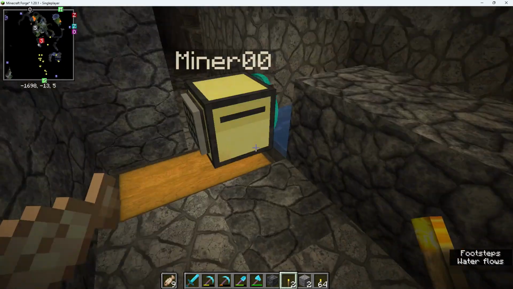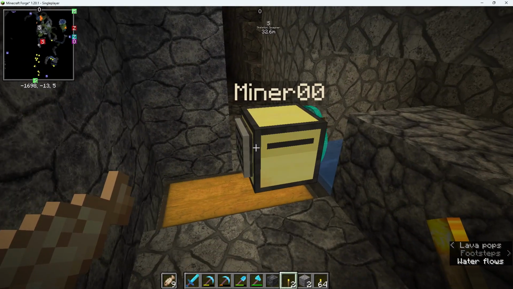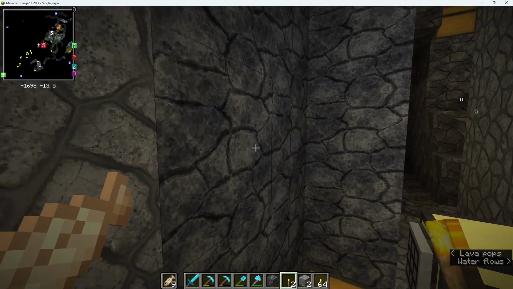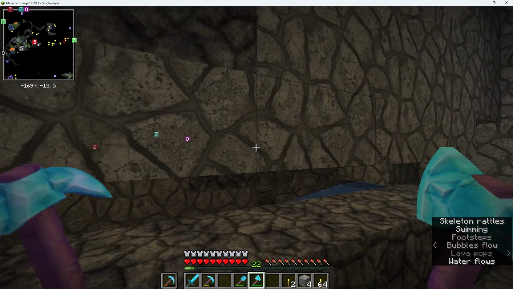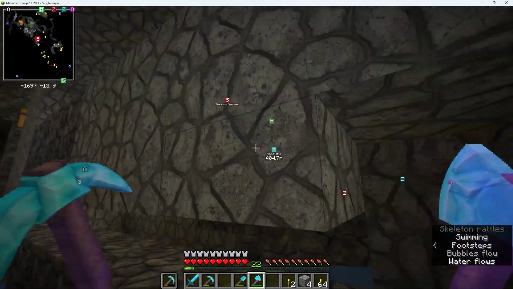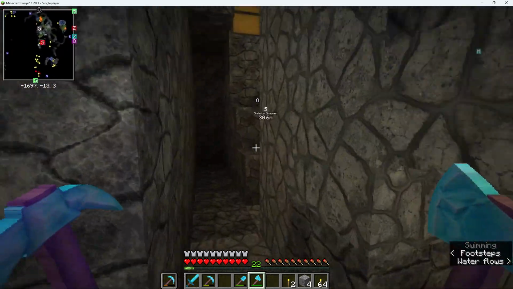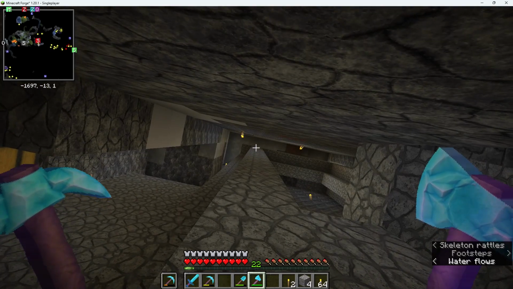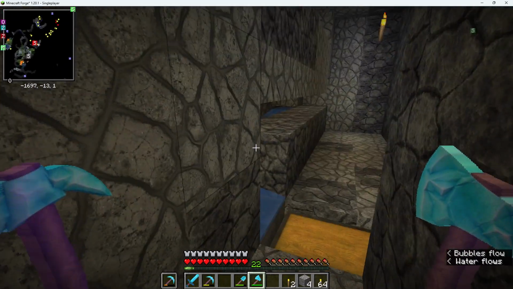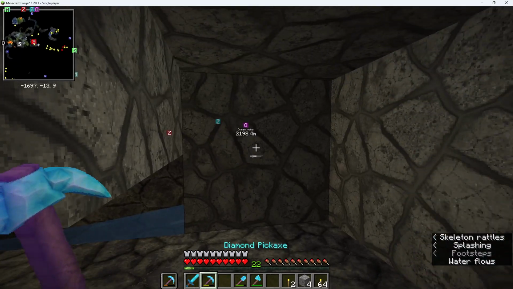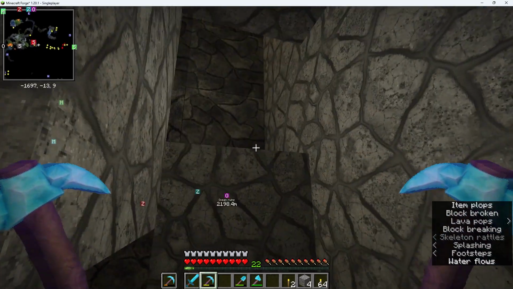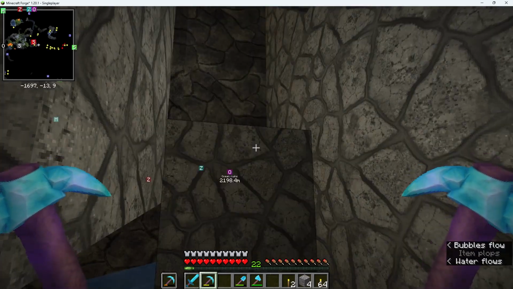So the turtle's now done its job. So this should now be active. So what should happen is that the skeletons will spawn, get carried up the column across, drop down, then they'll gather in here. In fact, we should be able to clear that just to be able to see them when